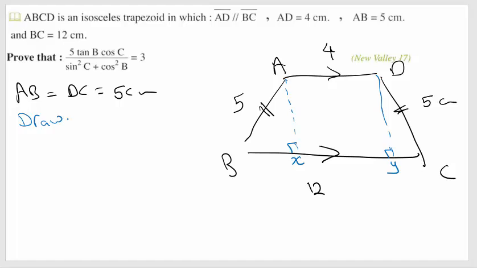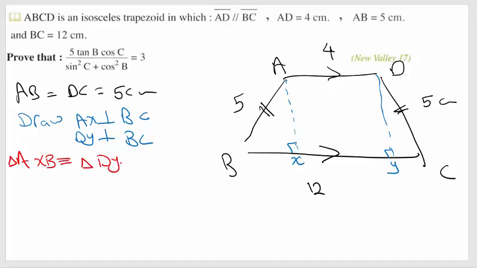Right, so draw AX perpendicular on BC, draw DY perpendicular on BC. Why did you draw AX and DY? I did it to find that triangle AXB will be congruent to triangle DYC. Moreover, I will get two right angle triangles, and